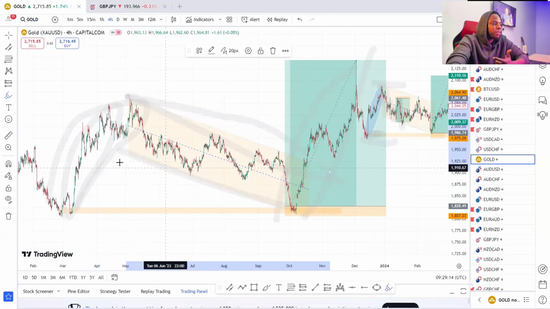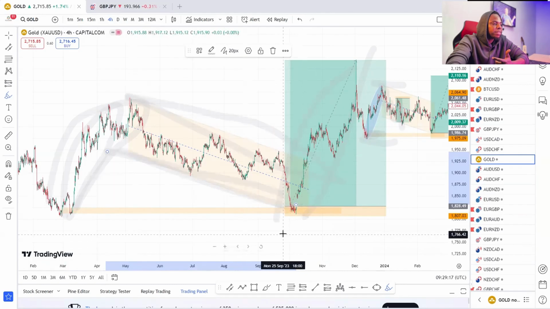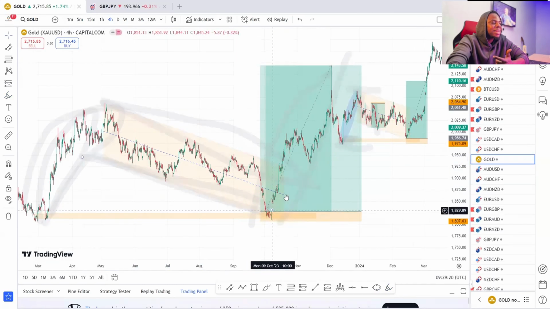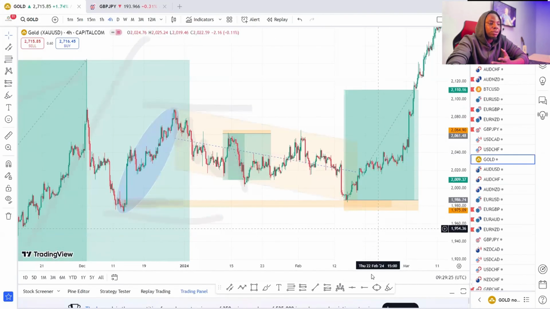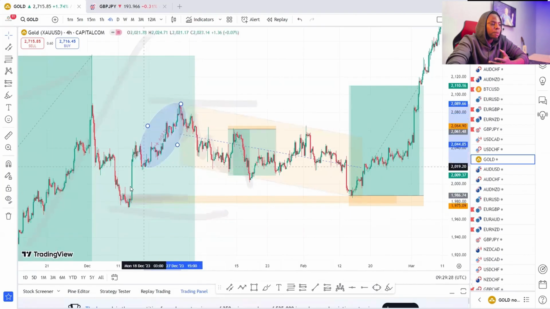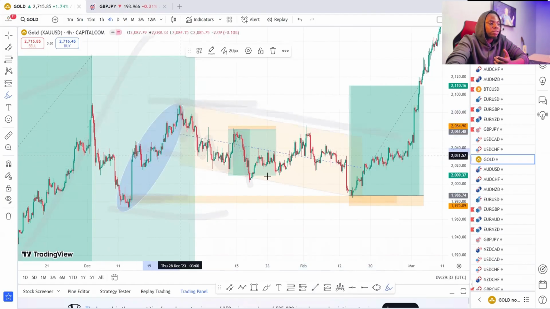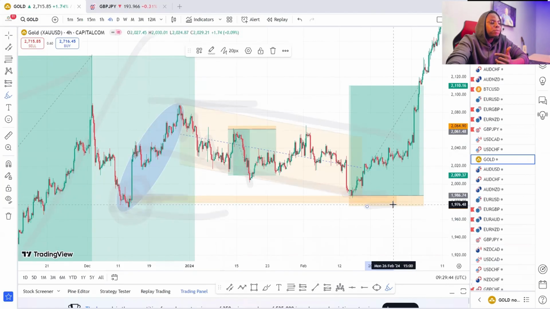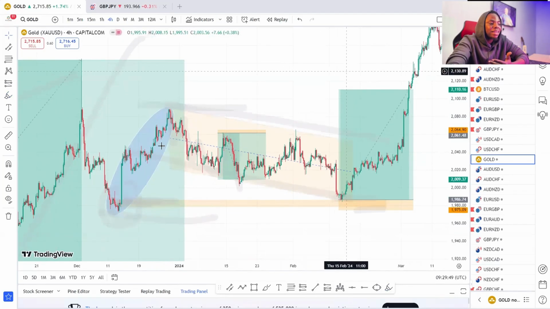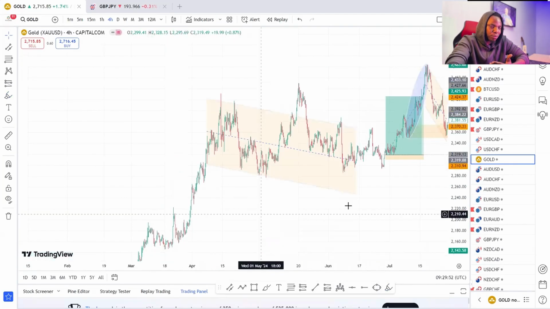So if you check what we have here, the market has given us an impulse movement here on gold. Look at the correction movement, a very clean correction. The price came to a very good discount price and the market pushed to the upside. Look at this level here too. This was a very good one after the market has done this particular impulse movement to the upside. Look at all the movements for the correction. It was a very clear one and the market came to a very good demand level. All you just have to do is put your pending order here, apply proper risk management, and once the market gets there, let the market trigger and go in your favor.